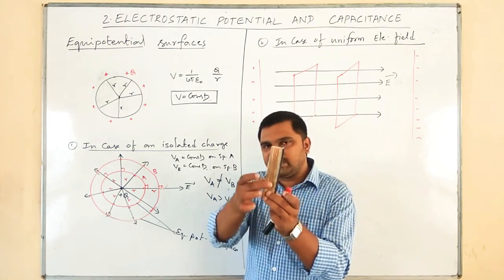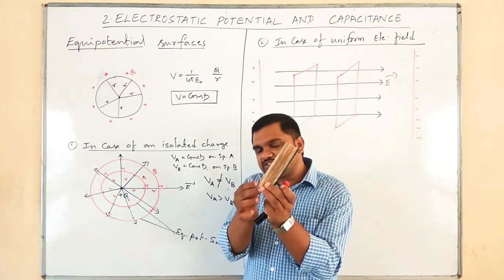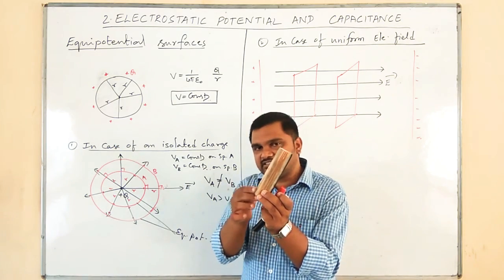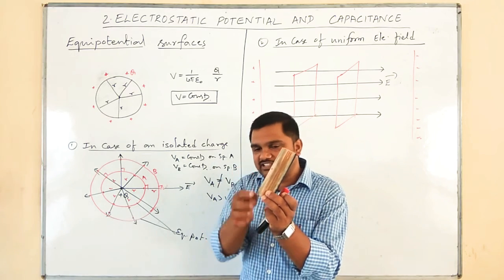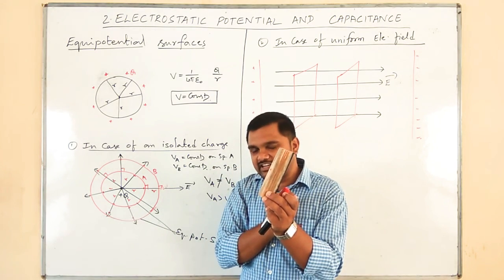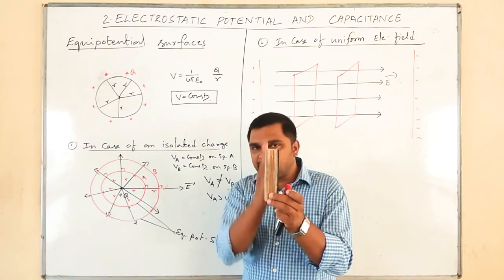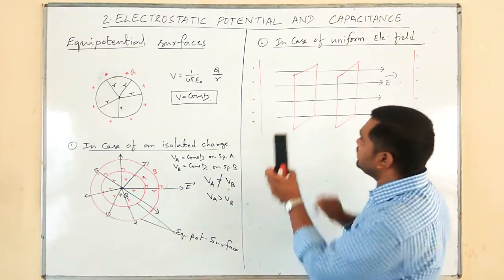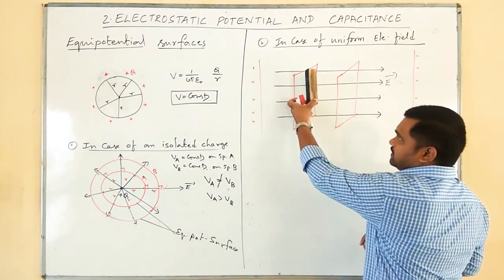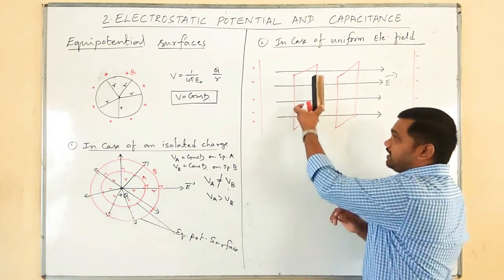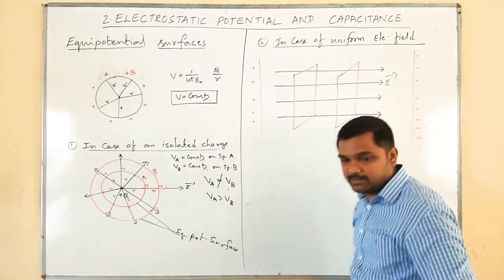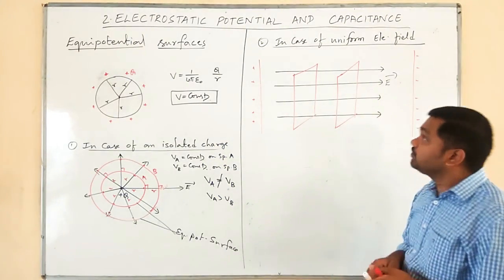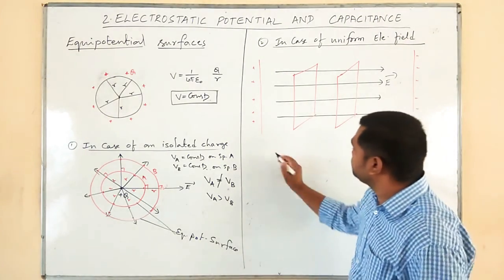electric field. If I tilt it like this, this point is at a certain distance which is not equal to this point. This point will be at a larger distance compared to this point, isn't it? Therefore, it has to be straight. So here it is a plane surface actually, but I can't draw it on the board, therefore I have just drawn it like this. Okay. Next, the third one.